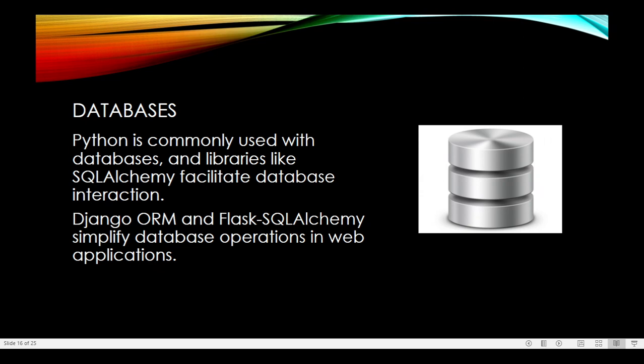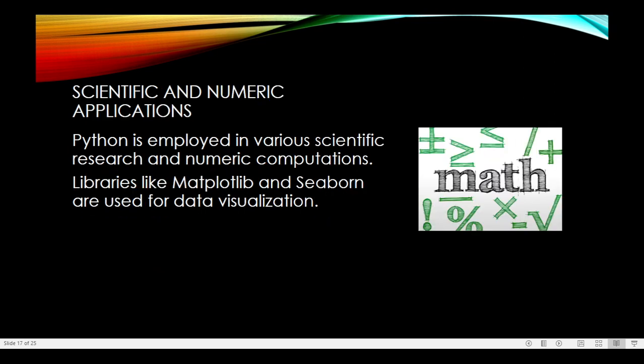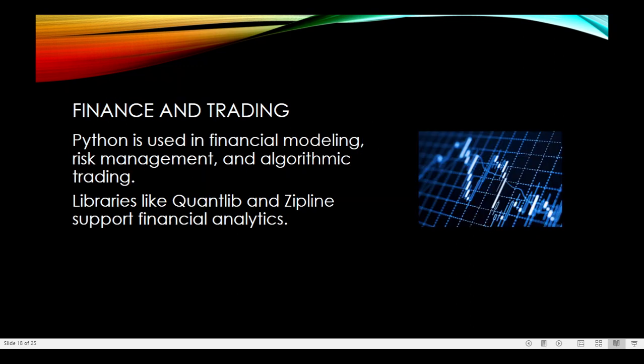Then we also have scientific and numeric applications. Python is employed in various scientific research and numeric computations. Libraries like Matplotlib and Seaborn are used for data visualization, like I said the other time. We also have finance and trading. If you want to do algorithmic trading, you can also use Python, risk management, financial modeling. You can see the libraries over here, QuantLib and Zipline, they support financial analysis. And you can also use, I think,